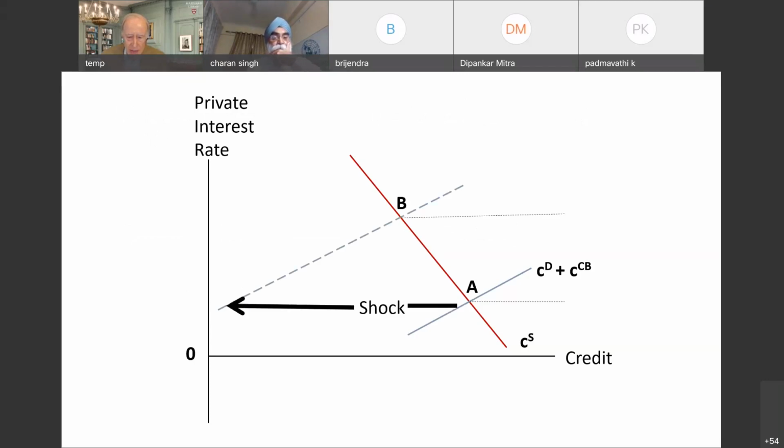Same shock as before, but now instead of a central bank purchase, which shifts the demand curve back to the right, we have a set of announcements by the central bank which changed the terms of the arbitrage between, say, long-term bonds and short-term bonds, or between risky bonds and risk-free bonds. And instead of shifting the demand curve back to the right, this is now a vertical shift in the demand curve. Now, as long as the lines are drawn